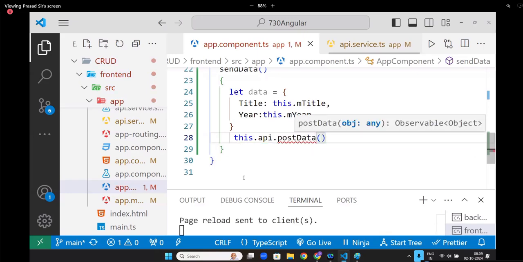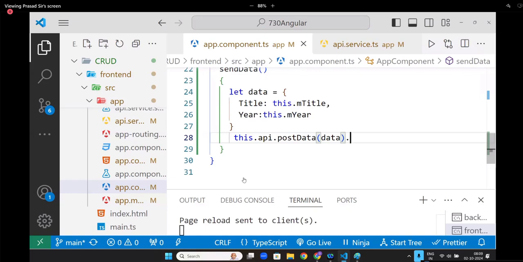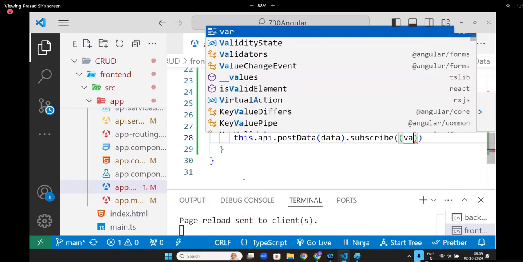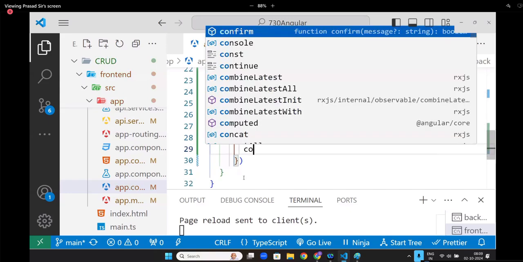For this post data, pass this data. Post data will receive it as an object and it will call the API, that link, and it will post it. And it will return one observable. That observable you will subscribe. And after subscribing, you will get some value. So what you will do? Console.log